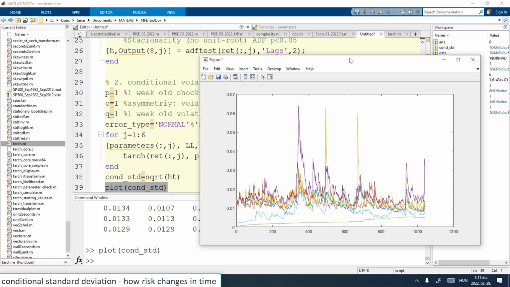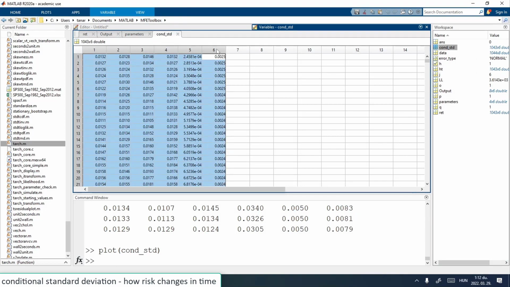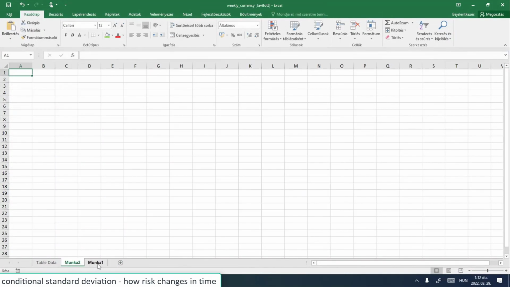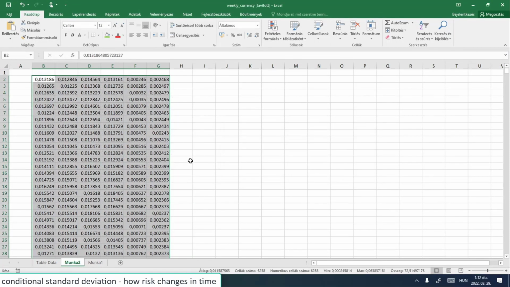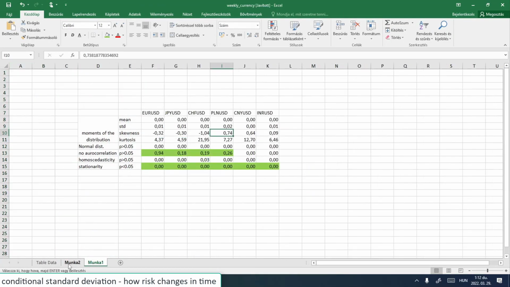In the previous data, green was always the Swiss franc. I'm not sure about this case, because maybe this is a fitting error, sometimes it has it. So let's import this data to our Excel sheet. No, this will be the Chinese renminbi, okay. For the Chinese renminbi, it's not a surprise that it has smooth volatility, because come on, it's a fixed currency, so this is what they're supposed to do.